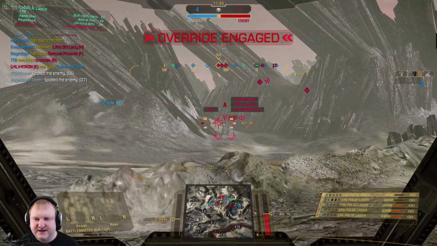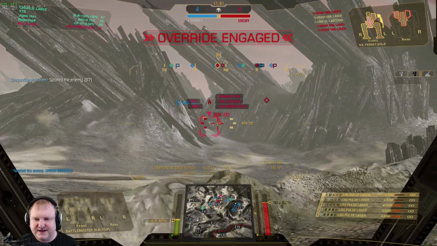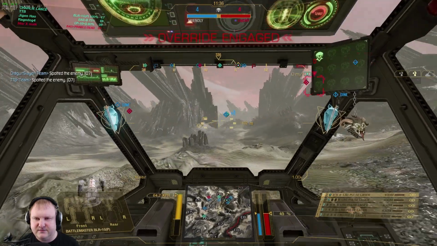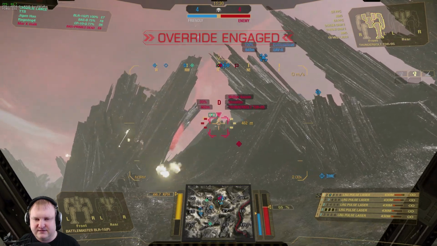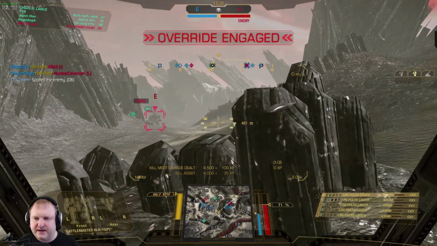There he is. Shoot him twice. Where's the Ice Ferret? We'll shoot him twice. Perfect. His back is open. And now we can start moving in further. Now it is actually 4 kills to 4 kills, so this is actually closer than it needs to be. That's alright, we are approaching our optimal range here, doing more damage to these guys,